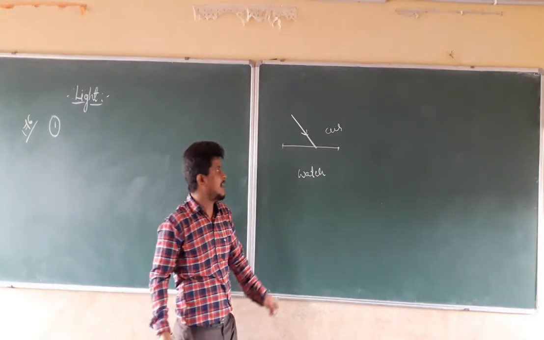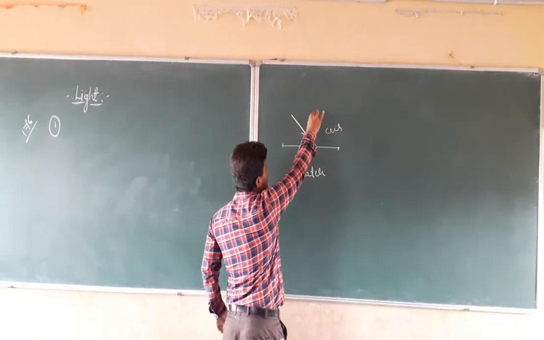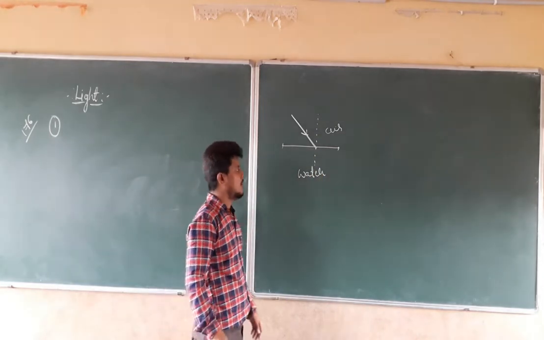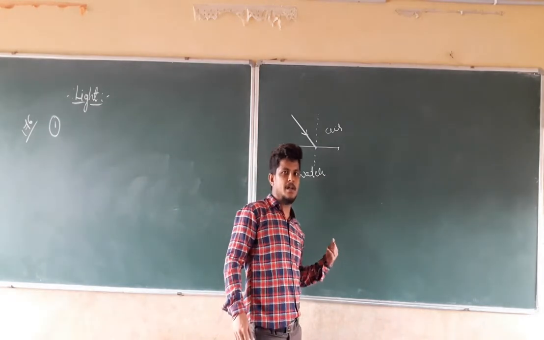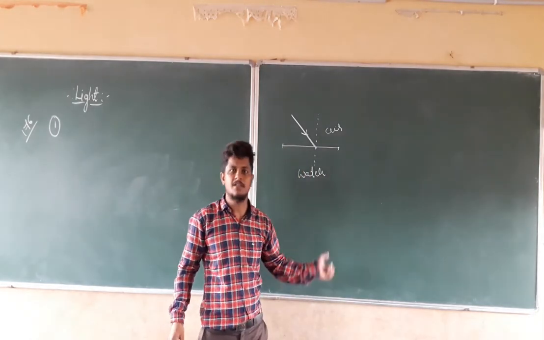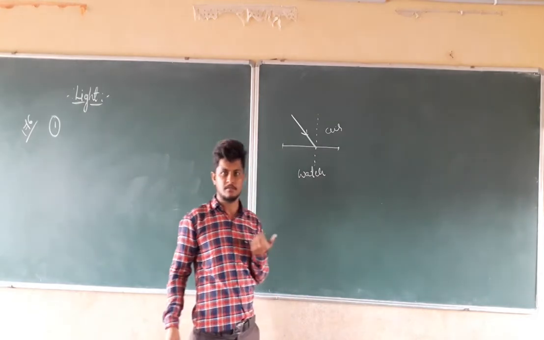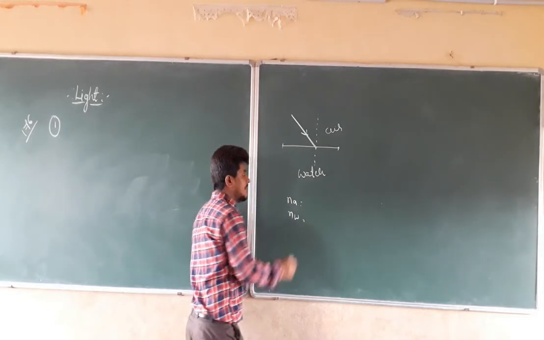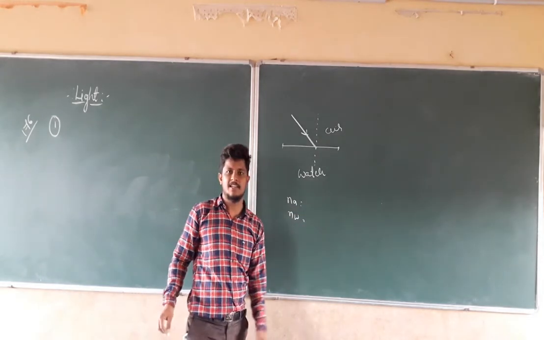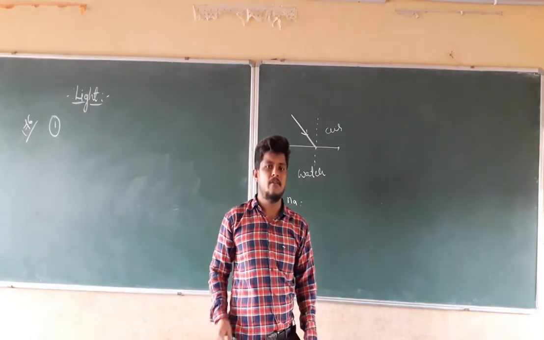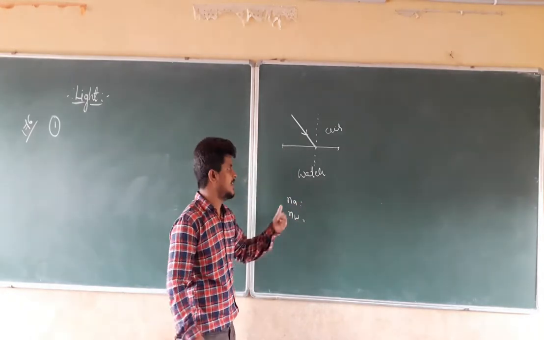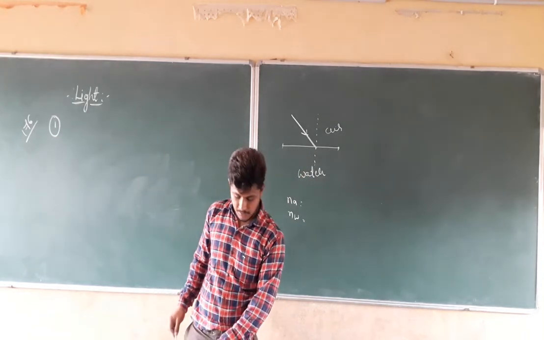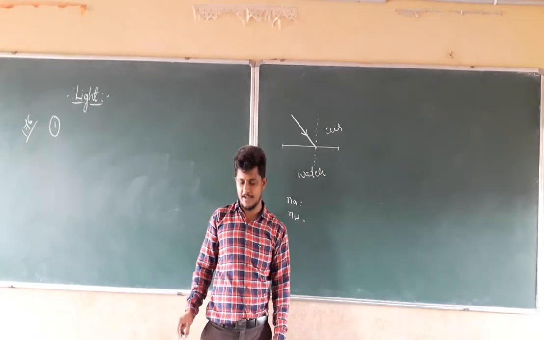They ask whether this light ray is going to bend towards the normal or away from the normal. Why? Whichever it is, we have to answer why. First of all, we have to check which one is the denser medium and which one is the rarer medium. If you come to that answer, we can directly say in which direction the light is going to refract. So check the table which is present on page number 175.